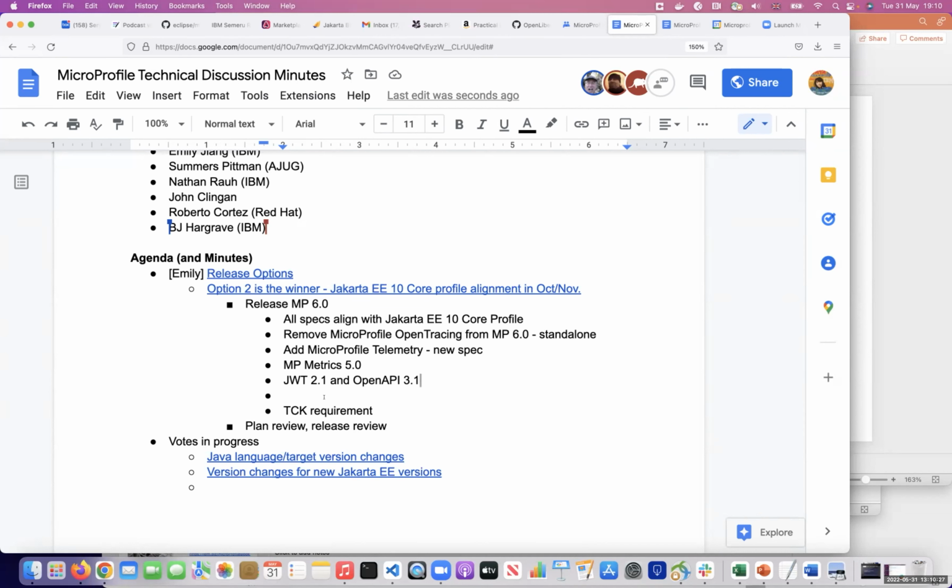Now the question is, we align with the core profile. Do we also ask the compatible implementation to pass the Bean Validation TCK or not? Because I have not looked at the Bean Validation TCK as yet, so I don't know what kind of integration it has. So there were two options.